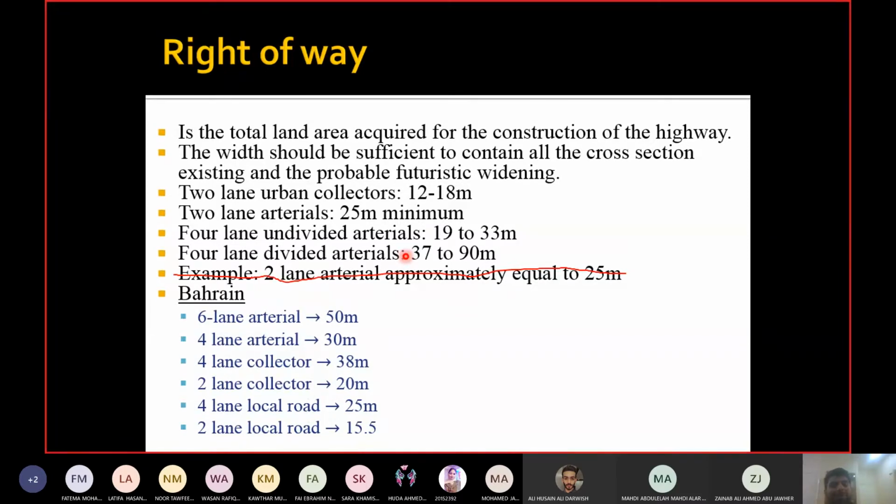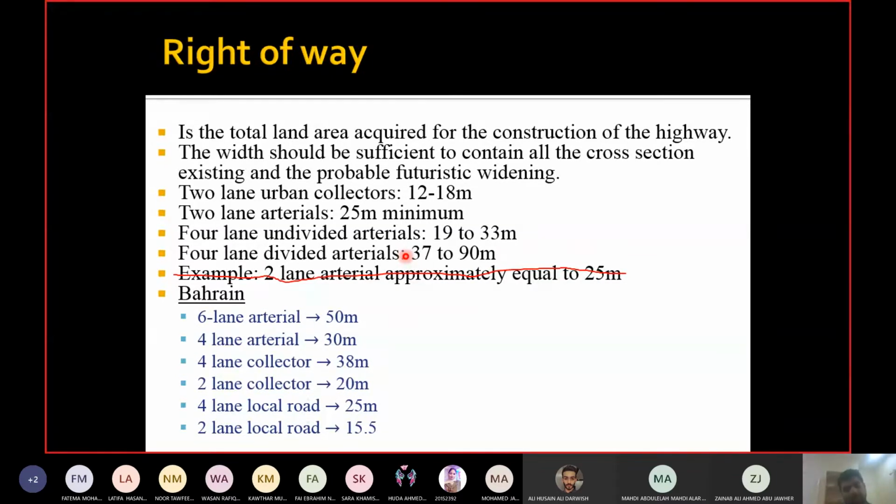Now what happens usually, for example, the traffic demand will increase each year, and after 20 years it will be so high that I will need a 4-lane road. Again, 4 lanes means 2 lanes in each direction. Right now it is not so much, so right now I can provide 2 lanes. 1 lane in each direction is enough. So usually this is how projects are handled. The construction work is done in stages. Now you can see it. They are increasing the number of lanes on Sheikh Salman Highway and Sheikh Zayed Highway. So this is stage-wise construction.